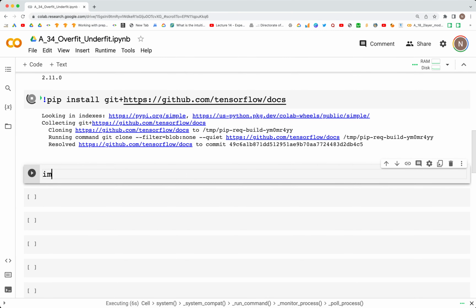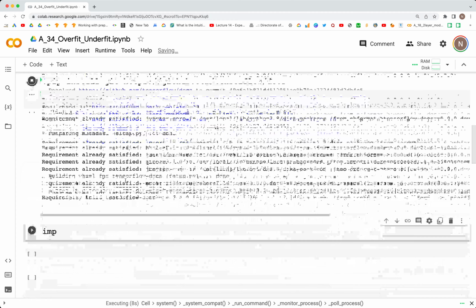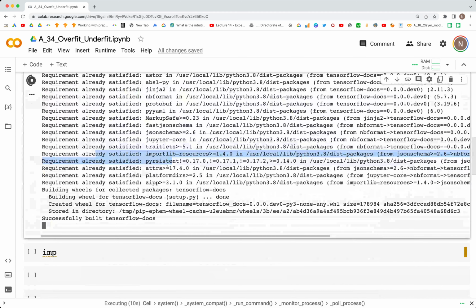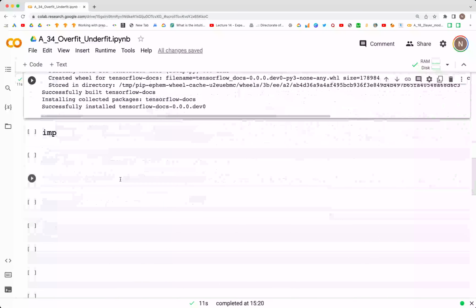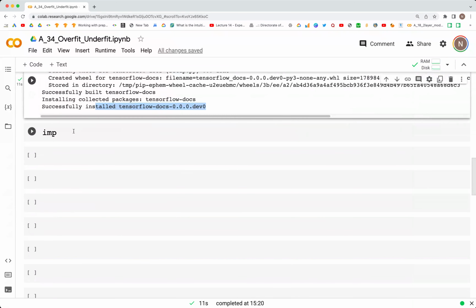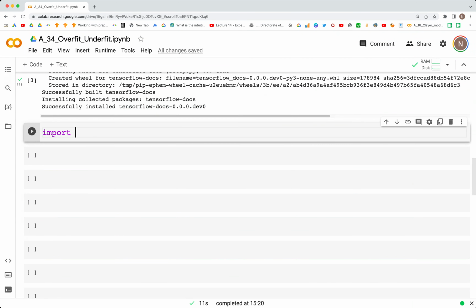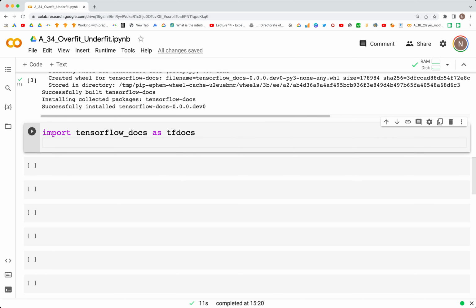I've already run that line of code, so it says it's already installed. Now import tensorflow_docs as tfdocs, and then we need to